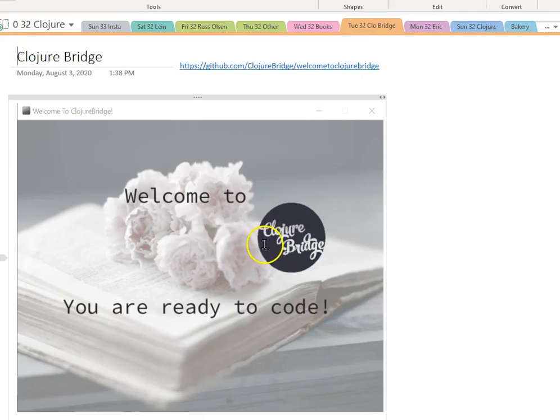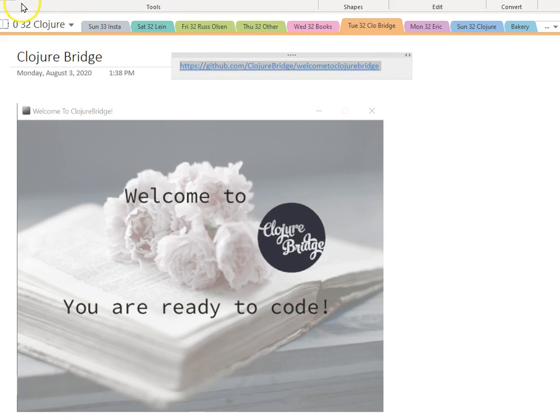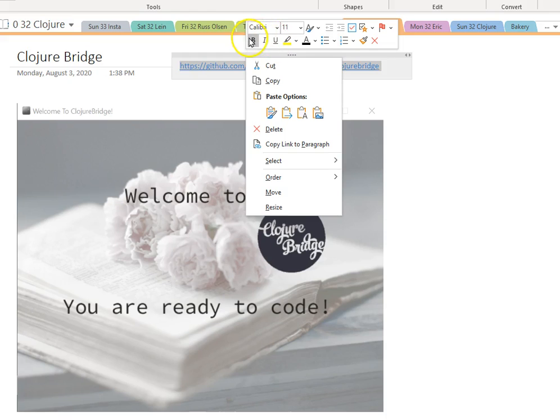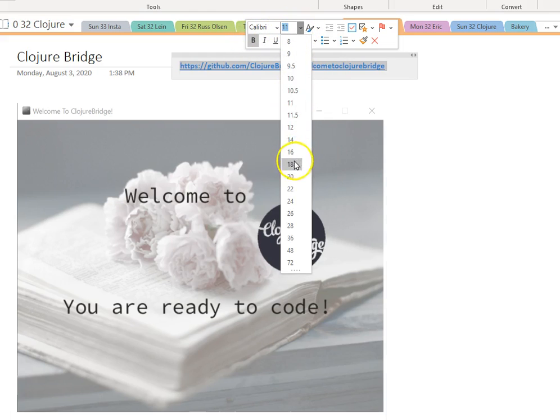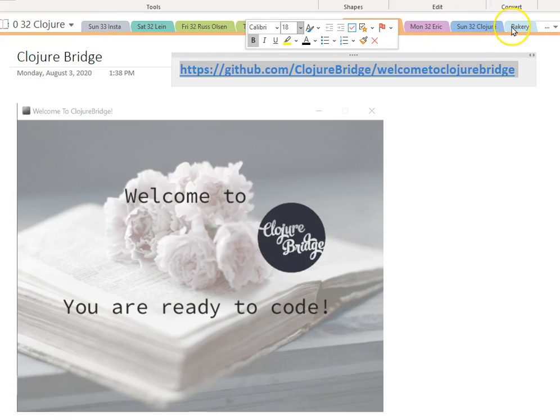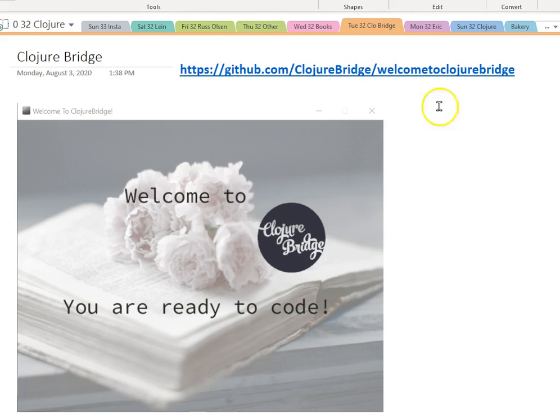So we spent a lot of time getting Clojure on my system. I used ClojureBridge. I went to GitHub and actually did ClojureBridge. Let's see if I can pull that up the way it should be. It should be bold and it should be 18. I suggest that you do OneNote this way and that you try to make lessons for other people, 5-minute videos describing where you've been. Welcome to ClojureBridge. It had a nice description and I was able to get Clojure working. It was a complicated process. Git had to be installed, a Java program had to be installed, as well as Leiningen, on and on and on.